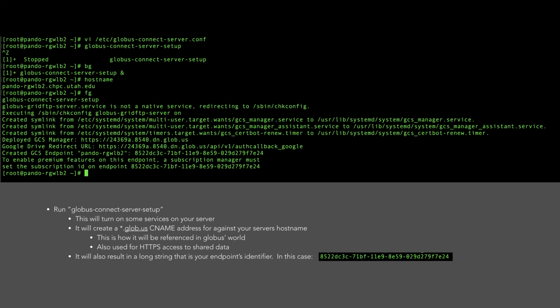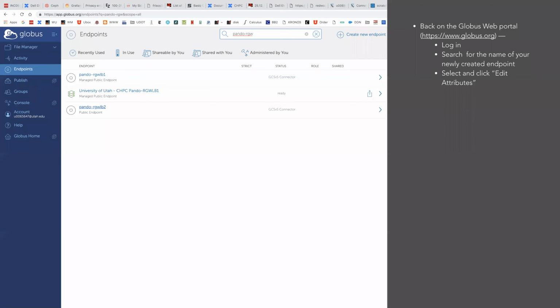So that is the name, the URL that you'll be known at. And they're all a globe.us domain name. And when it's successful, it'll say created GCS endpoint, the name you gave it, the short name you gave it, and then it'll spit out this nice string for you to have, and you'll use that in a minute. Yeah. So now back on the Globus Web Portal, you'll log in to the regular globus.org page,